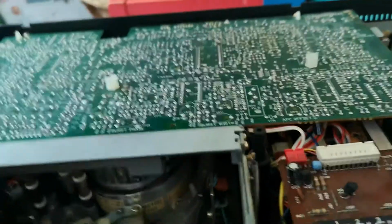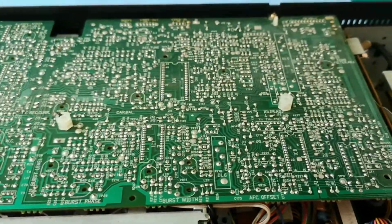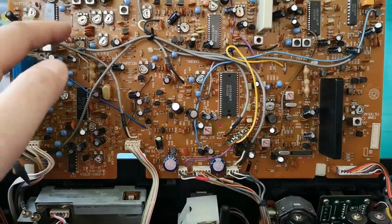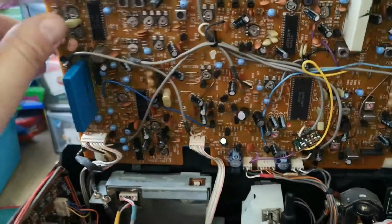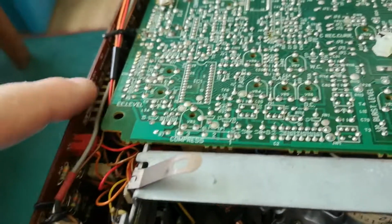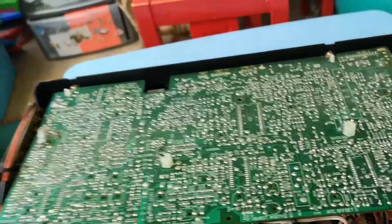So this board is, I think, a video amplifier board, judging by burst phase, burst width, AFC offset, video out, video in, servo, etc. It might actually be a combined servo control board as well. I'm not 100% certain, but there are a number of adjustment pots on it, so there is a possibility. However, more likely to be the servo board is this one here. Yeah, servo block. There we go, so that's probably the servo board. I think this one might possibly be the video amplifier board, judging by the fact that it's quite close to the